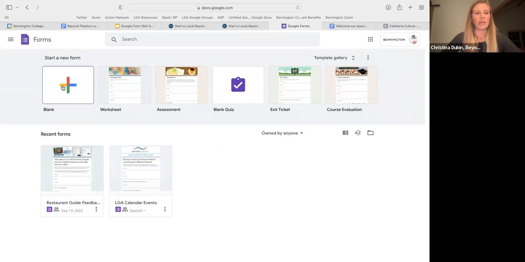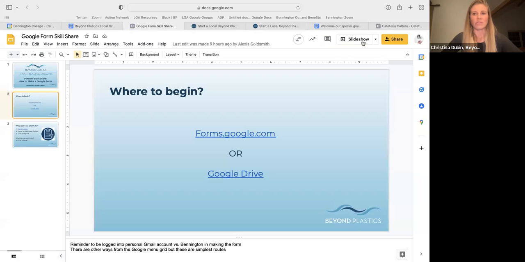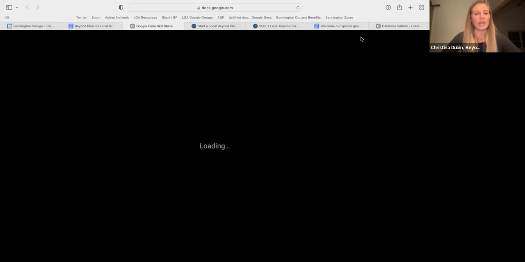And I would then be able to choose either a blank form, a worksheet, or a quiz. This is the template gallery here. So these are all pre-made. If I want a blank one, I'll just hit it there. But I'm going to go back out, and I'll just have to redo the slideshow here and show you that I could also start from my Google